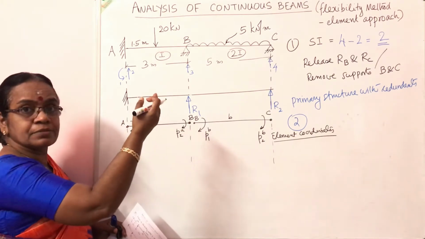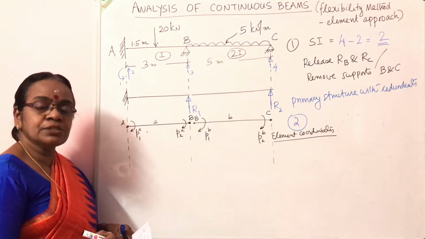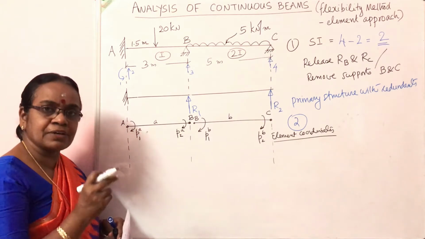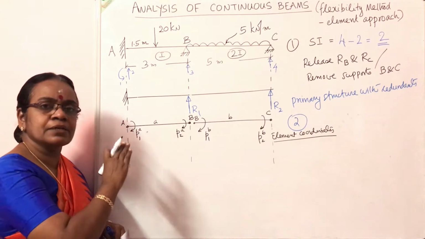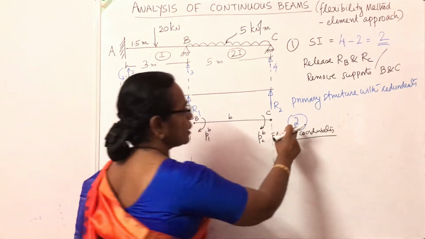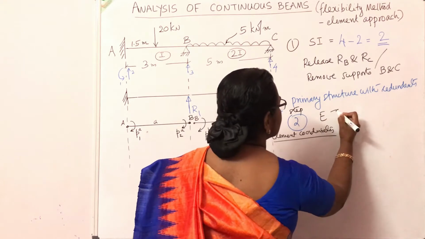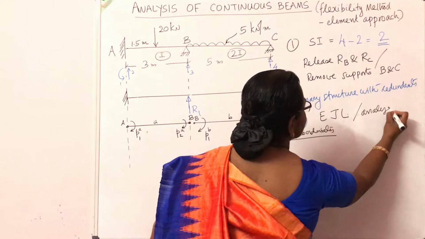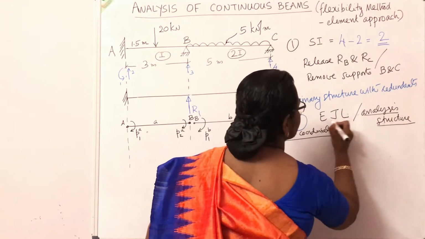So the next step is we have to convert these loads into the equivalent joint loads. Matrix methods require that the elements have connectivity at the nodes and all the external loads must be acting at the nodes only. So that is the next step. The step 2 is equivalent joint load and get the analysis structure. I'll come to this, what is analysis structure?